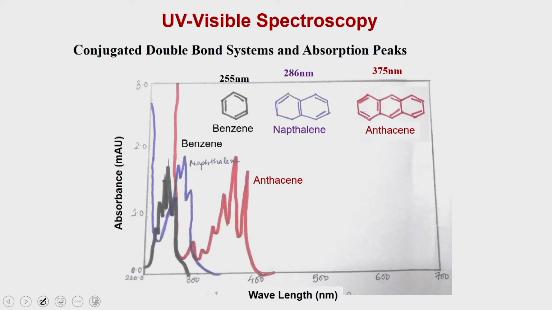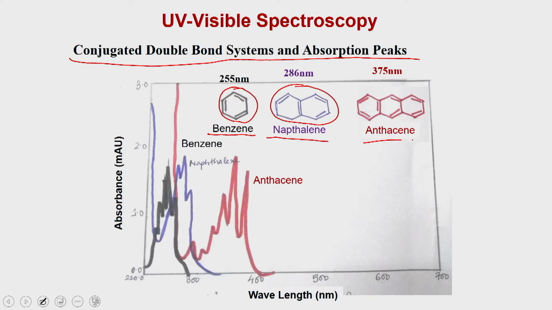What we have studied is how the conjugated double bond system is going to affect the absorption peaks. We have taken three molecules: benzene, which contains a single ring, a single conjugated double bond system; then naphthalene, which contains two rings; and then anthracene, where you have three rings attached to each other. So, you have three conjugated rings. The black colored spectrum corresponds to benzene, which is absorbing in the UV range and giving a lambda max at